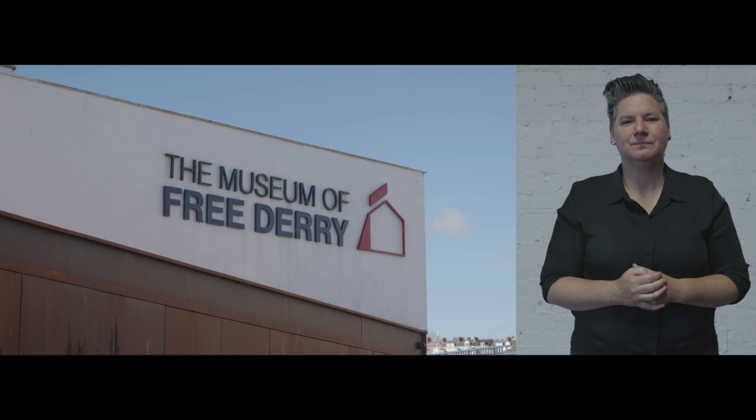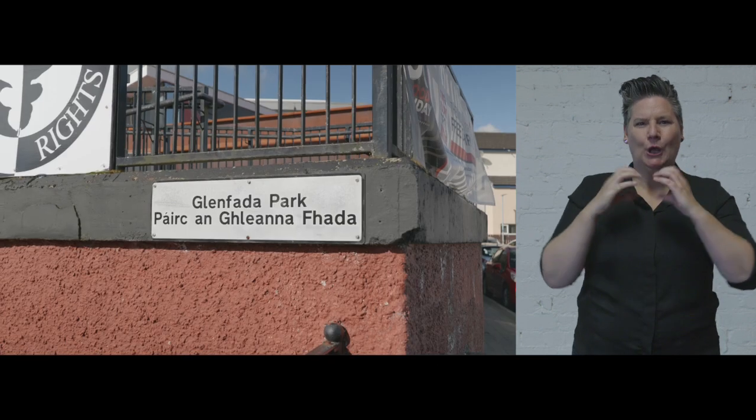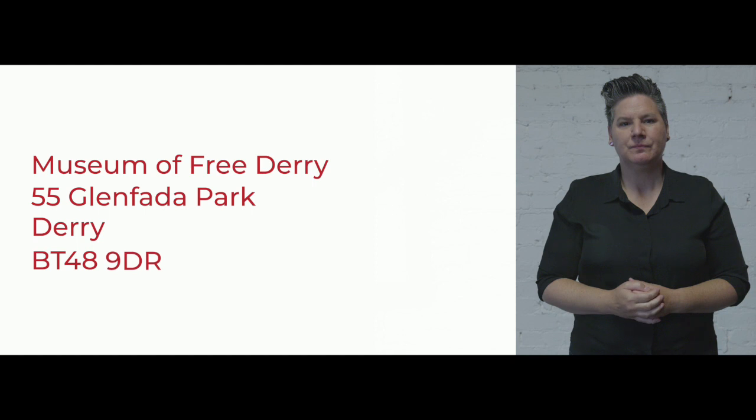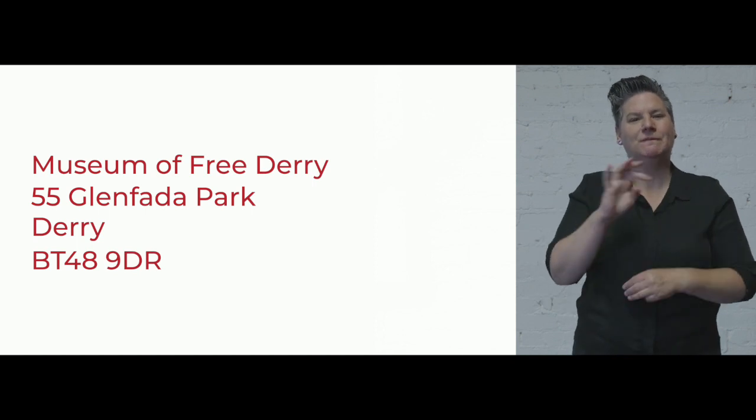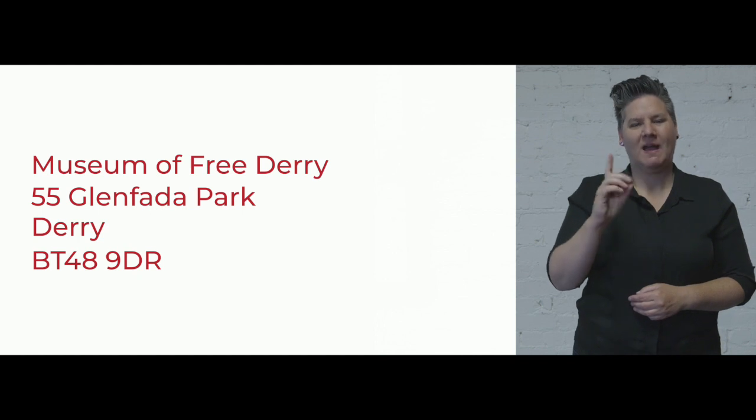Welcome to the Museum of Free Derry. The Museum of Free Derry is located within the Bogside area of Derry City in the heart of the local community in Glenfadda Park. Our address is Museum of Free Derry, 55 Glenfadda Park, Derry BT48